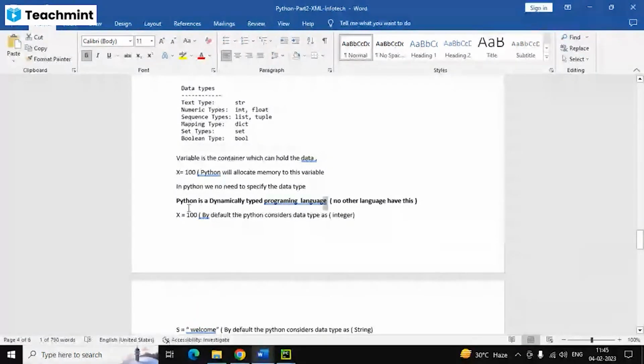This feature is available only in Python, not in Java. If in Java we somewhere define a variable as an integer, or string, or varchar, or character or something,